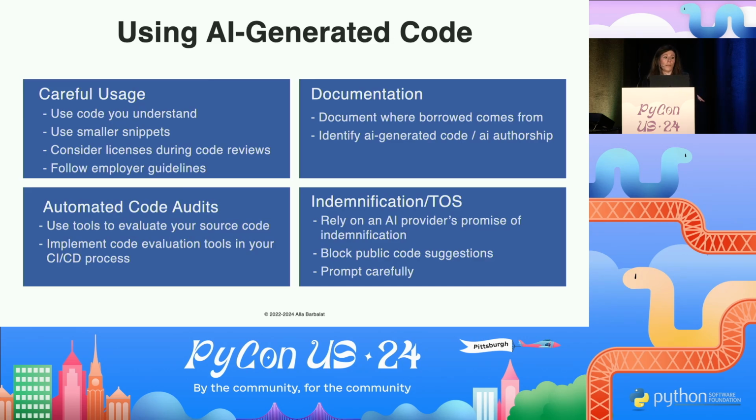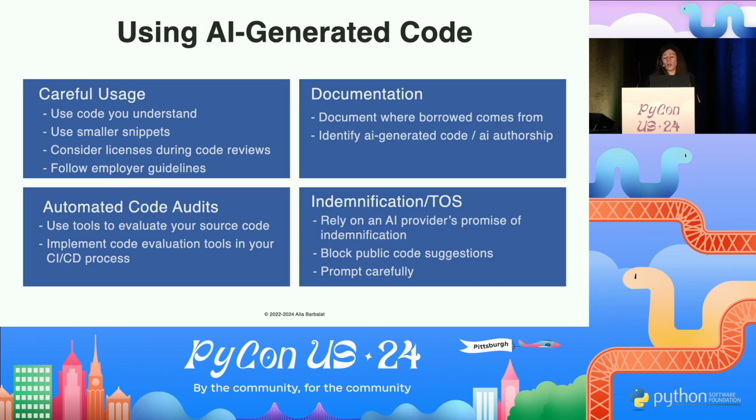So if you're already doing these things, then you're already a step ahead. If you're not doing these things, then the AI generated code is adding an extra layer of liability, potentially. So in the same vein, if you use smaller snippets of code when you're using AI generation tools, that means it's more likely that you might just be copying an idea, and you're less likely to copy something that's either licensed or copyrighted.